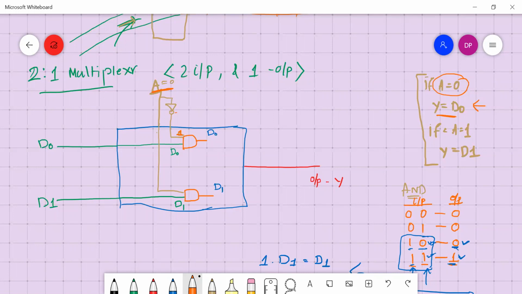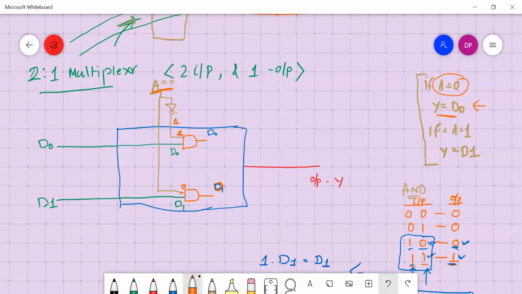So let's check when A is equal to 0. 0 AND D1 will give me 0. So if A is equal to 0, 0 comes here, and this will also be 0. It won't be D1. If A is equal to 0, 1 comes here, and the output is D0.